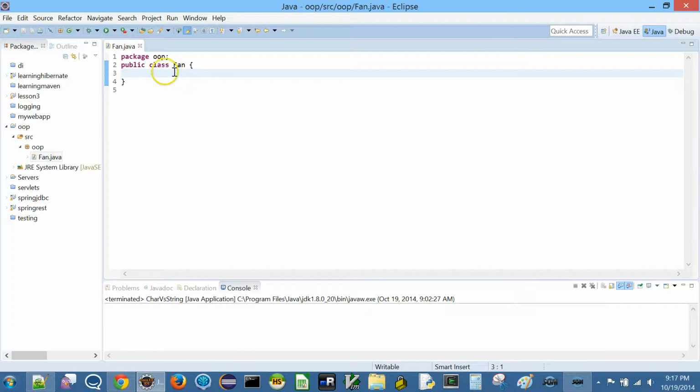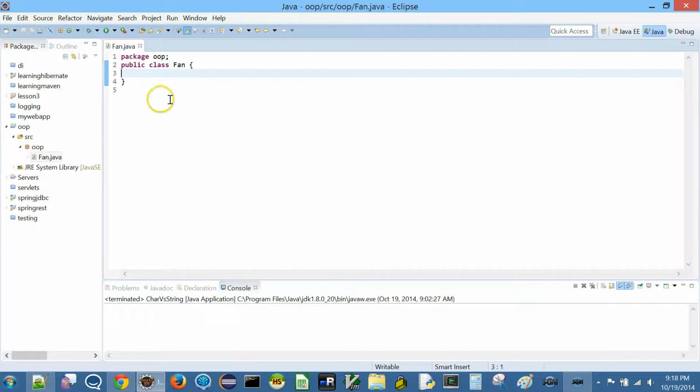Okay. Now what's the difference between class and an object? Right now all we are doing is we are declaring a class. Now what is an object? We'll see in a minute what an object is. What is the difference between class and object? Now this class, as you see, is going to be a template from which we are going to create objects. Okay.